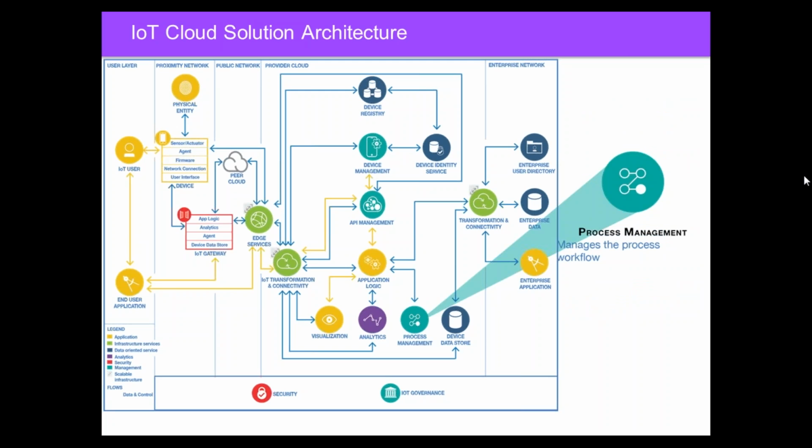Process management, pretty much all the workflows that you're going to do, the data that comes in, I'm going to have some level of workflow. And an example of this, if we're talking about going back to my example around an appliance, when it first checks in for the first time, I have a process flow that says not only do I want to register this device, but I might want to register it in a warranty system that's on-premise, and that will go through the connectivity to an enterprise application.